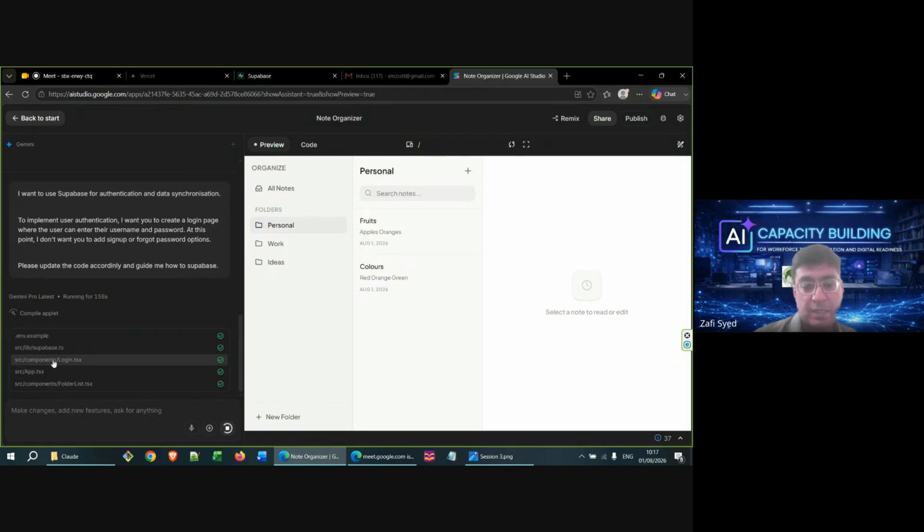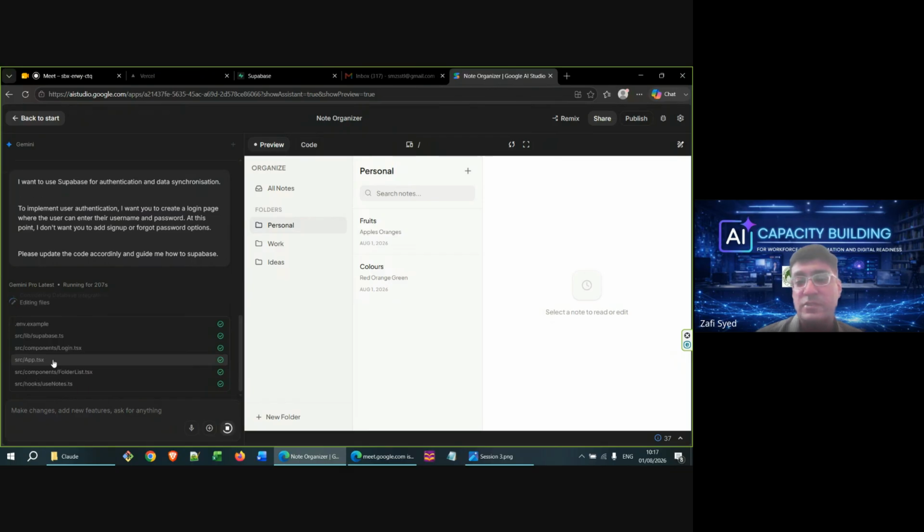It will be sanity checking various other stuff. Now, it is anecdotal experience, but what I find is Claude to still be better for these sanity check operations. Claude will spend more time sanity checking stuff than probably even writing stuff. But the benefit of that is that at the end of the day, it's not going to make a lot of mistakes. It will sort of work itself to just identify bugs and fix them. And hopefully you realized this. In the first session, when we were using Claude Code, it was taking a much longer time to sanity check even very basic stuff.